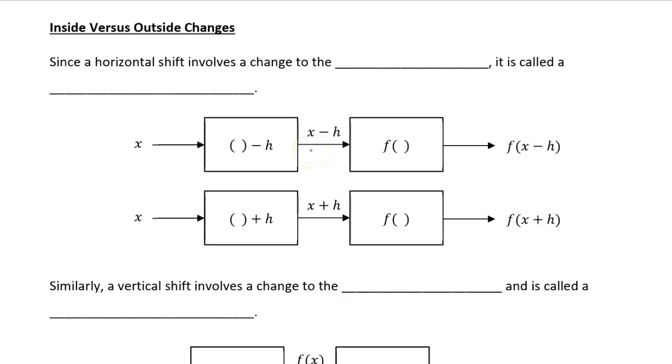All right, before we move on to example 5, let's step back and think about what we learned from those last few examples. The last two examples involved a horizontal shift, and we found that if we make a change to the input of the function, it results in a horizontal shift, right? So a horizontal shift involves a change to the input to the function, and it's sometimes called an inside change, right? So if you think of the input as going inside of the function,